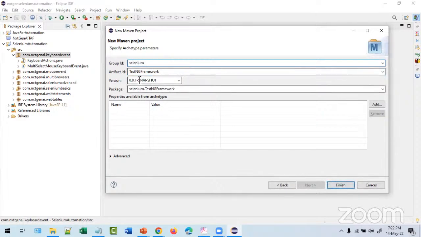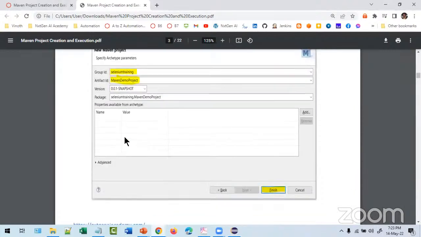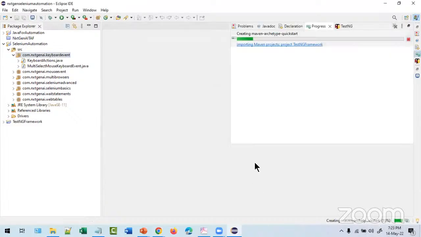For the artifact ID, try to give it in capitals. Exactly as you type, it will display here. And with the group ID, the package is created automatically. You only type two things, group ID and artifact ID. I have highlighted them in yellow. Click on Finish. See, it's creating. It takes some time.